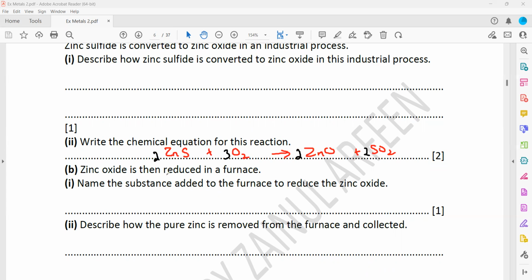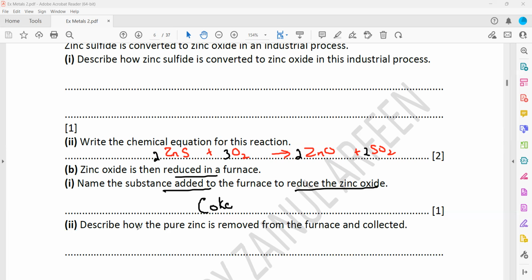The zinc oxide is then reduced in the furnace. The term reduction means removal of oxygen. Name a substance which we add in the furnace. For the extraction of iron and of zinc, the substance added to reduce them is coke. Coke, or carbon, reacts with iron oxide or zinc oxide, and